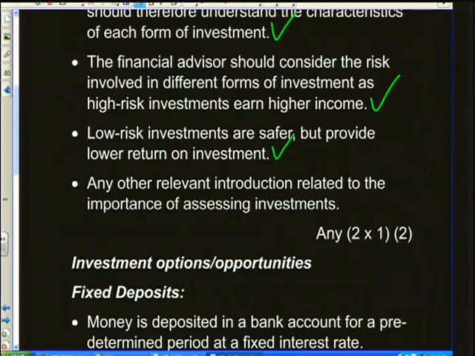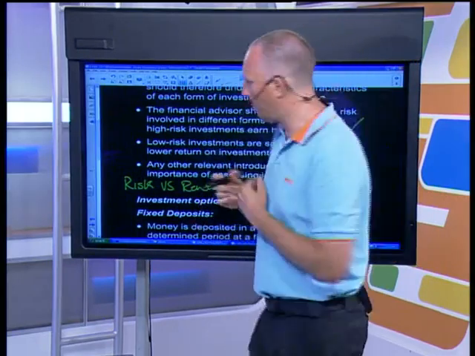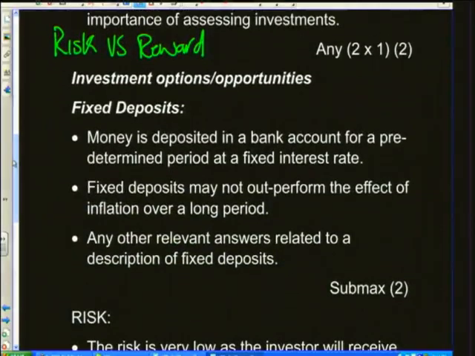Okay, so remember, there is the relationship between risk versus reward. The riskier something is, the higher the reward I'm looking for. Right. If something isn't very risky, right, I'm not going to get a high reward for it. So you need to make sure that you understand the correlation between those 2 points there. Right, so the first investment option that we're going to do is fixed deposits.